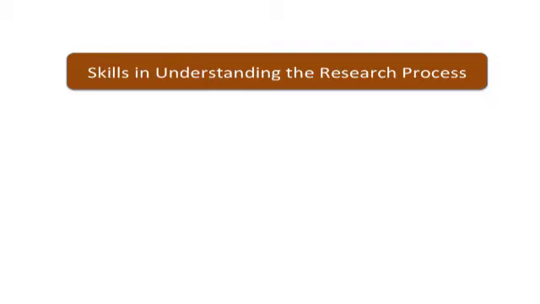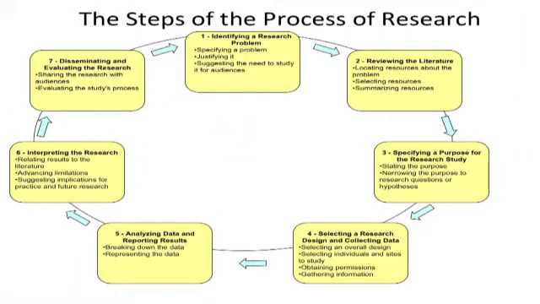So let's first start with the general research process. As we all know, when you do a research project, there are certain steps that a person goes through, whether it's quantitative, qualitative, or mixed methods research. I've put together a visual here that shows the general steps in the process of research for mixed methods research. It begins by identifying a research problem, and then reviewing the literature, and then specifying the purpose and the questions,